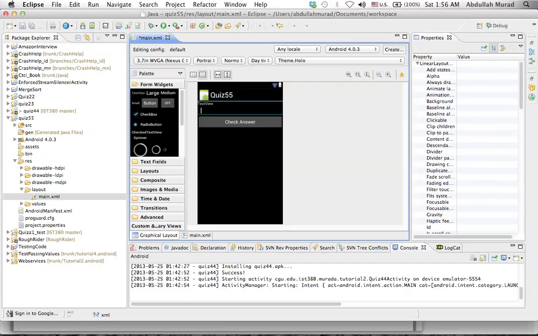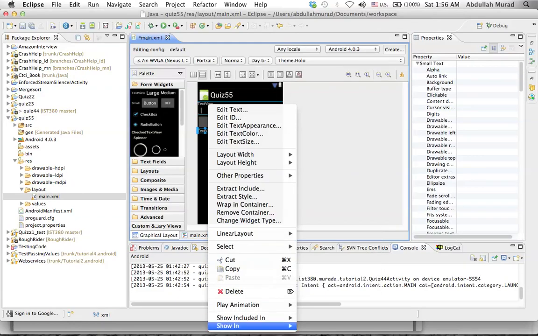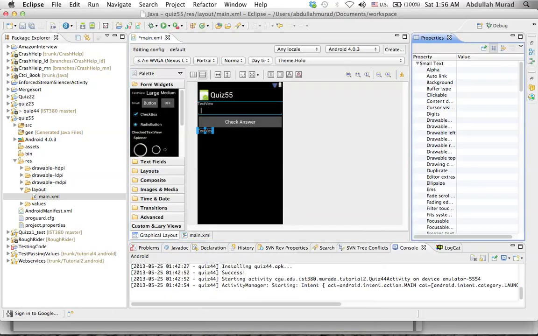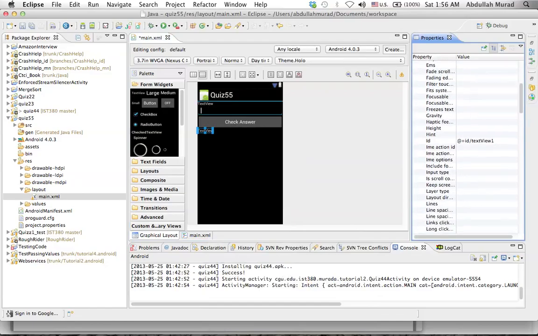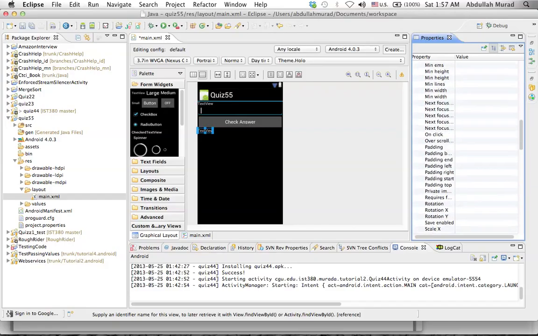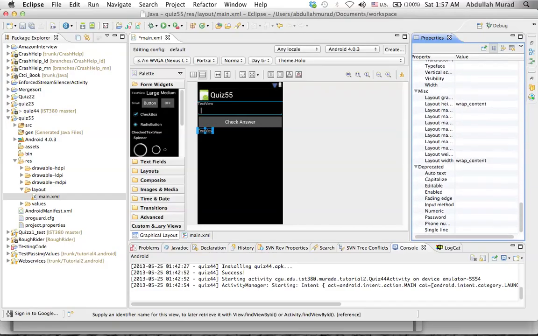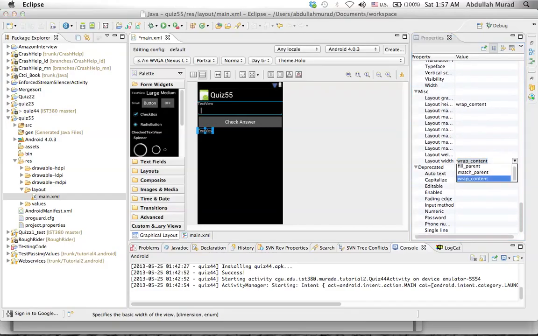So another thing, we need to add another text view here. I'm just gonna drag and drop another text view, right click on it, and you should get the feel of it right now. Just change the ID again, and this time I'm gonna name this answer text view, and then change the width to match parent,